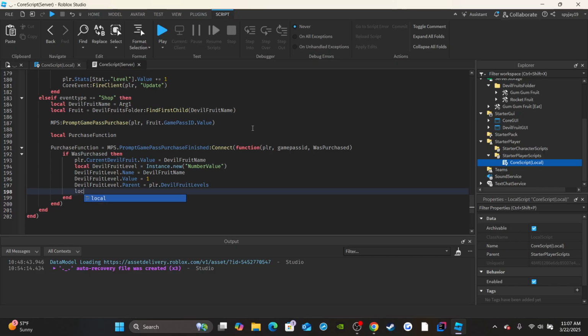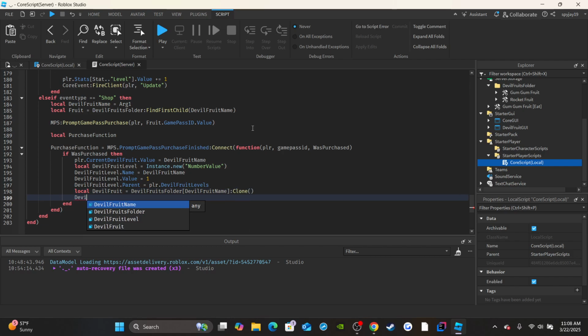And then you're going to create the actual devil fruit itself. Actually, I think I just copy and pasted this part, I'm not going to lie. Or, no, I'll get to that. So we're going to create the actual devil fruit. So devil fruit is equal to devil fruits folder, right? Then you're going to say regular brackets, devil fruit name. Then, of course, you're going to clone it. Then you're going to say devilFruit.Parent is equal to the player's backpack,